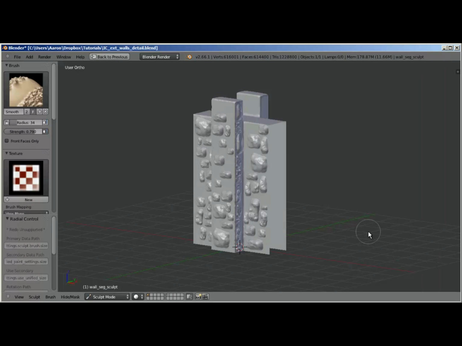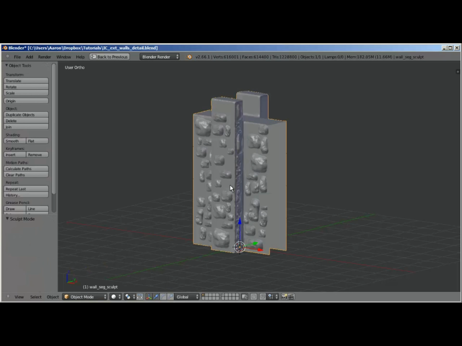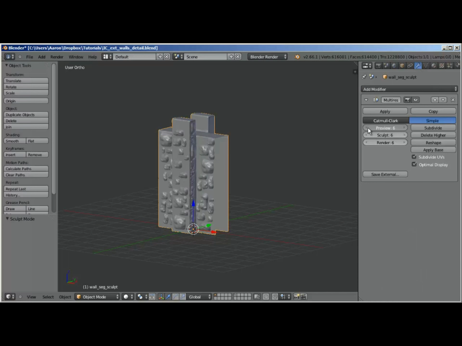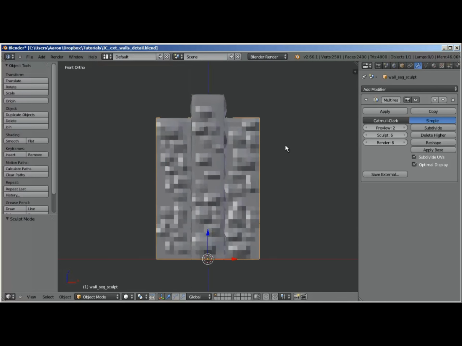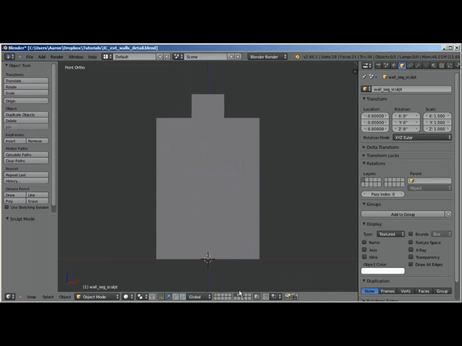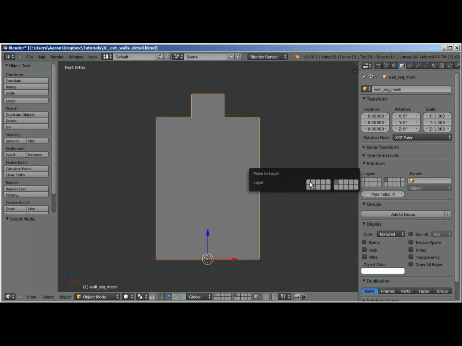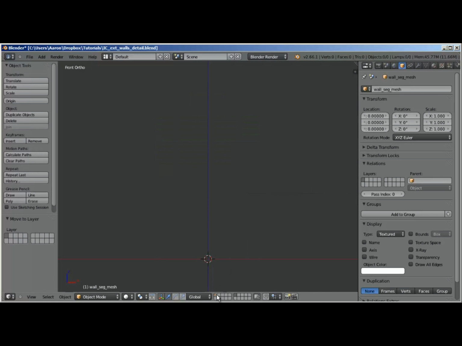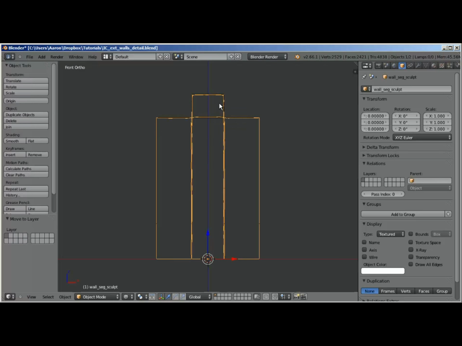Alright, now that I finished that, I'm going to go ahead and start baking out this geometry to our low res. So switching back to object mode, and let me turn down the preview. Alright, and I'm going to bring this one to the first layer with my other one. Okay, so let me select my low res one